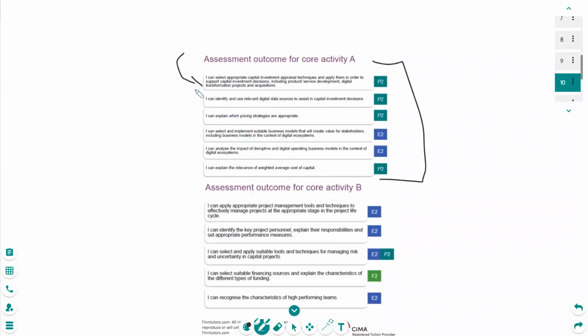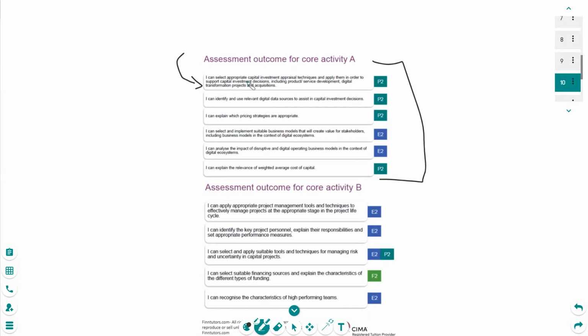It is further broken down into selecting appropriate capital appraisal investment techniques. So if you remember, this is straight out of your P2 syllabus, where there are different appraisal techniques of NPV, IRR, payback, ARR.